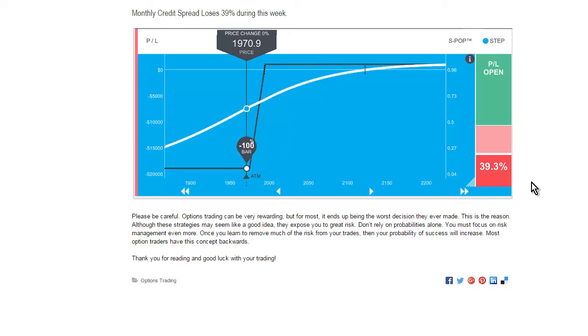So again, when you have so many credit spreads to manage, and then they're all losing at the same time, that's not going to help. It's just going to make things worse. So again, why are these trades so popular? Well,